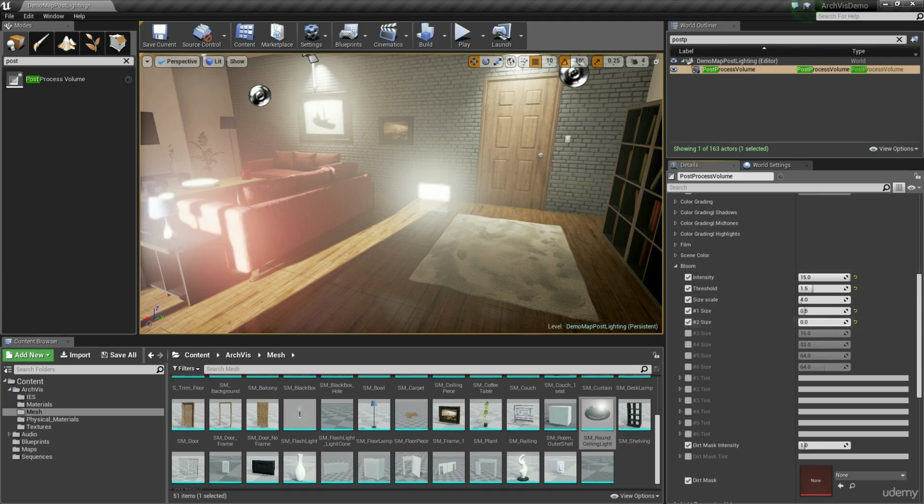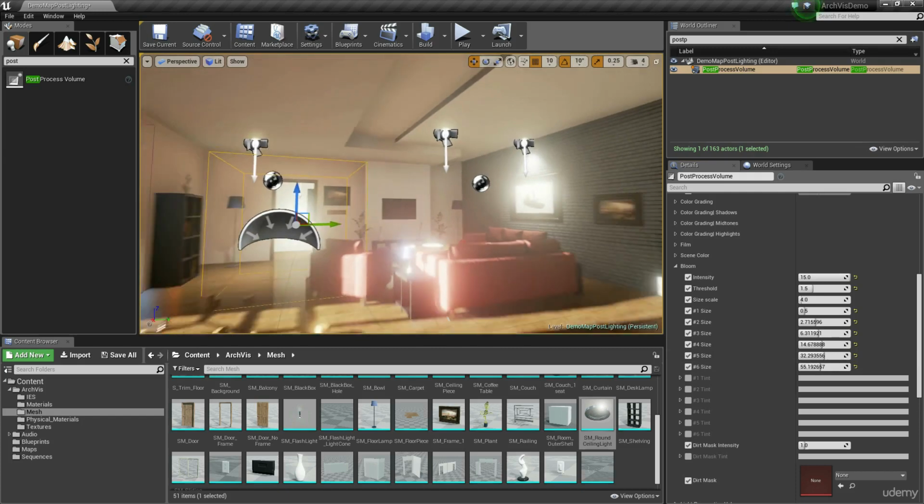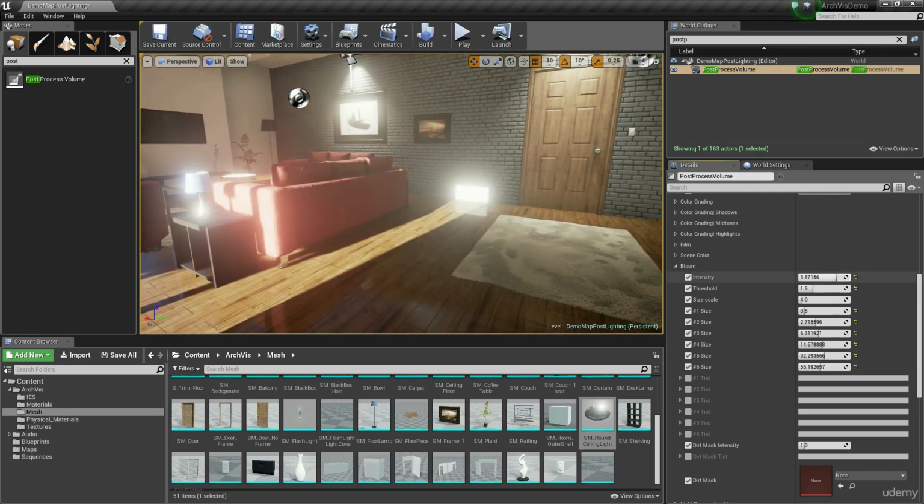This works for all the rest of them as well, so again, I can resize these bloom blurs to be the exact size that I want. It's a good idea to just use the sliders when you're dealing with this. So I'm just clicking on the number and dragging until I get the exact bloom that I want. I kind of want this to spread out towards the end, so this is probably going to be about that. And I'm then going to turn down my intensity until I get back to an area that's a